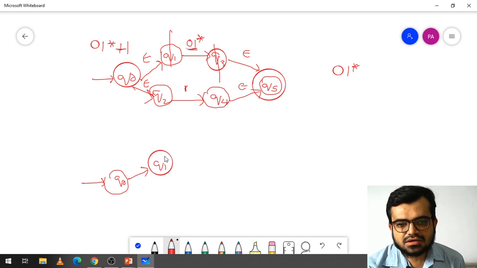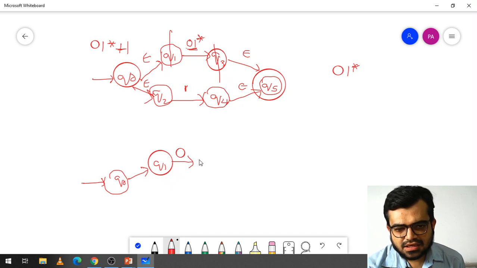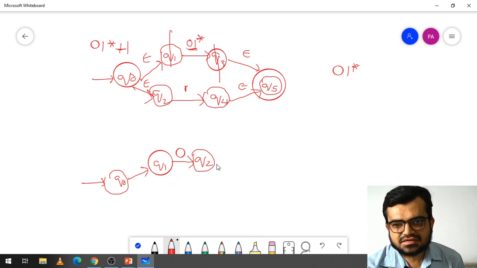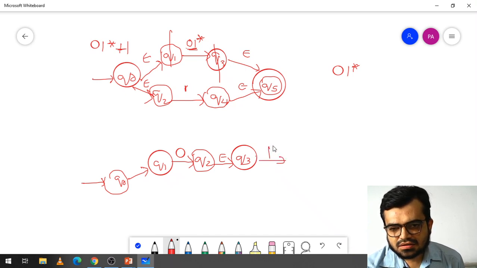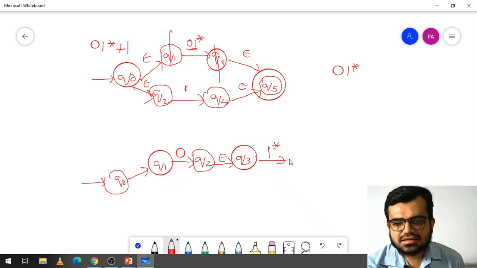Now if you see how this union is expanding, it is taking that 0, then I'm changing the name, any name you can give, as I said, then epsilon should be there again, because in between 0 and concatenation epsilon should be there. So I am taking here Q3. Then the next state here is 1, right? Then again what I am taking here is Q4.